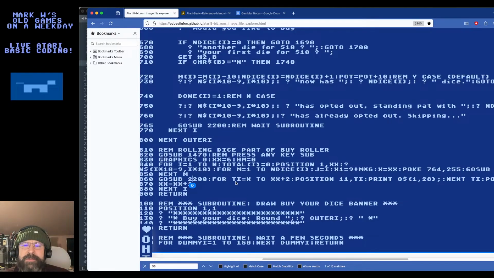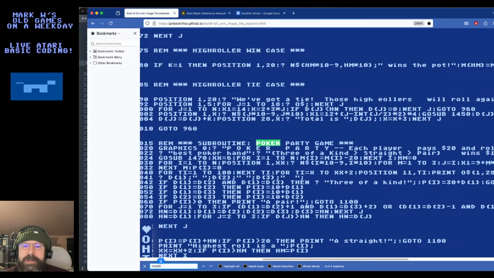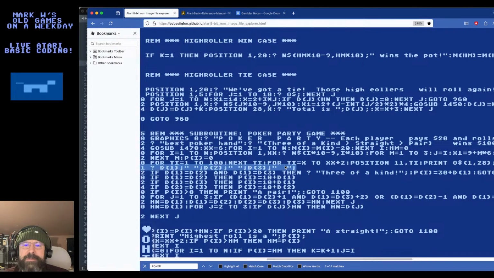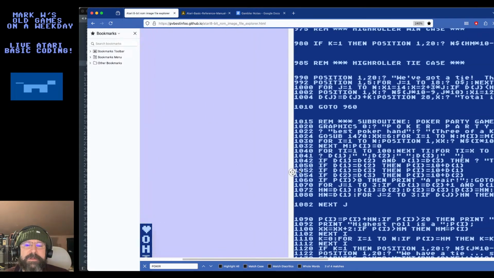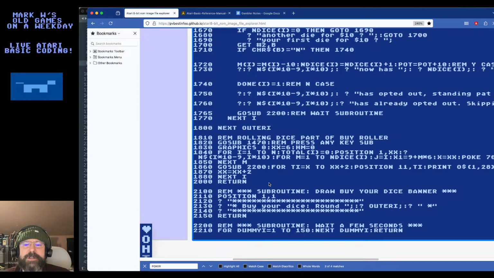Let me go back to Poker Party for a moment. And we can see up here it displays what you rolled like that. Yeah, that's all I need is a print. I could also keep track of the individual dice again, like I was saying. I feel like that'd be fun in a way. But for now, let's keep it simple, stupid. We're just gonna do a print right after. Total is such and such. Squeeze it in right here, I guess.